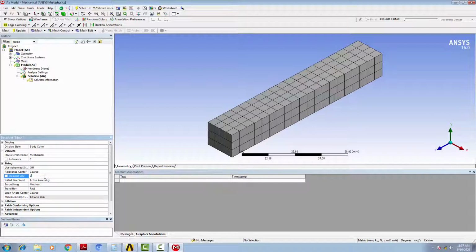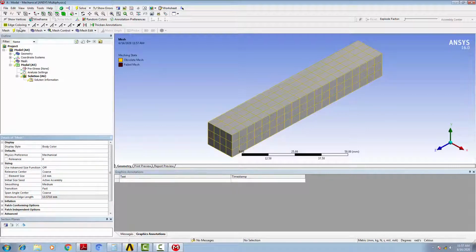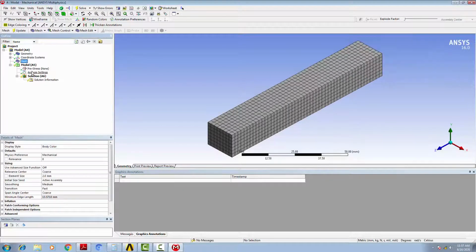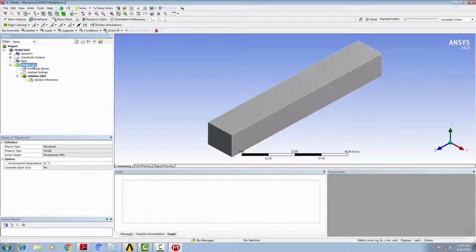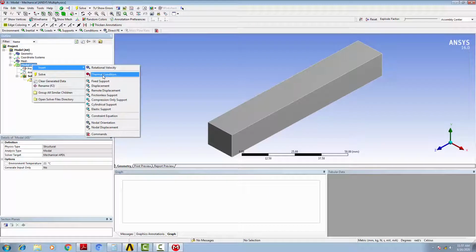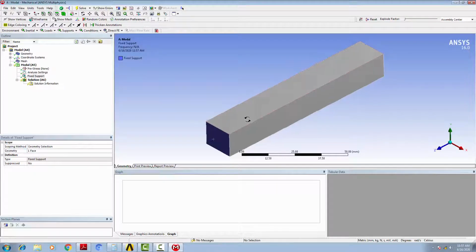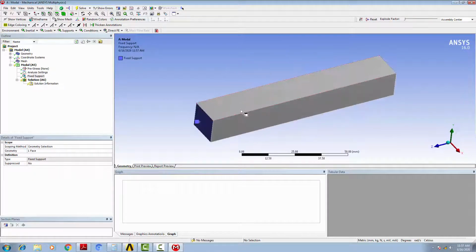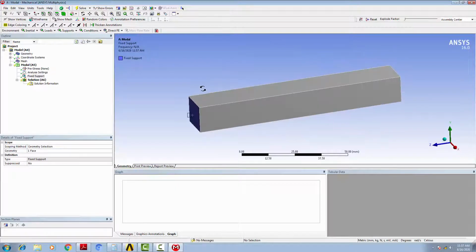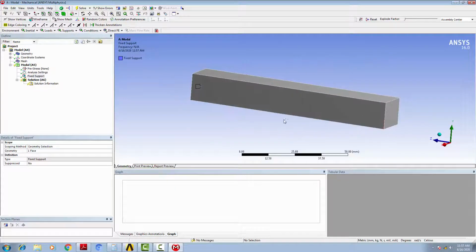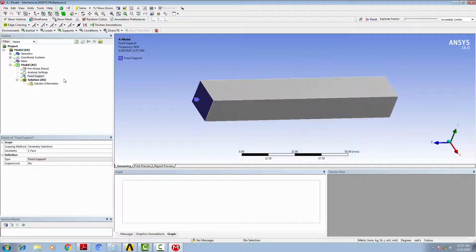I will give 2 mm and then update. Then I will select model and I will apply the boundary condition. The boundary condition is fixed support. So I will select this face and then select apply. You can apply on this face also and see the results. Okay, I'll apply on this face only.